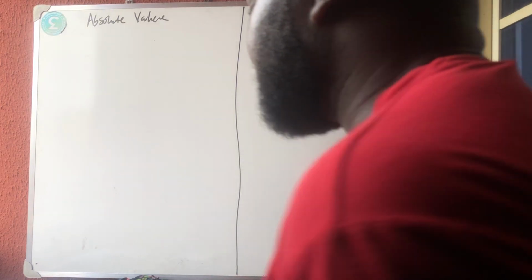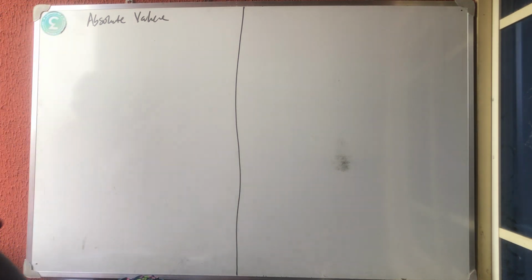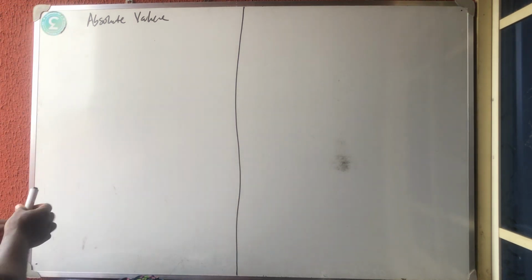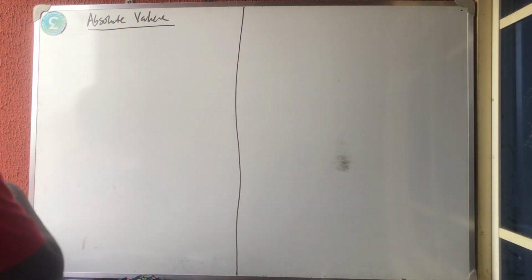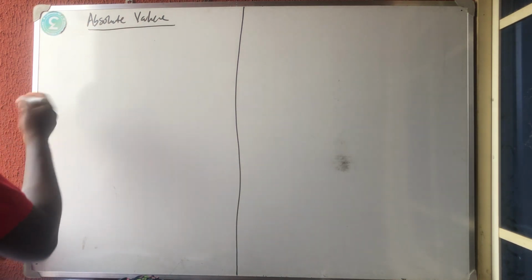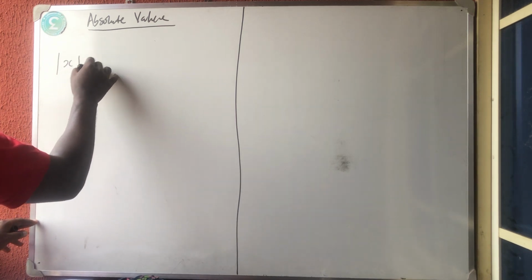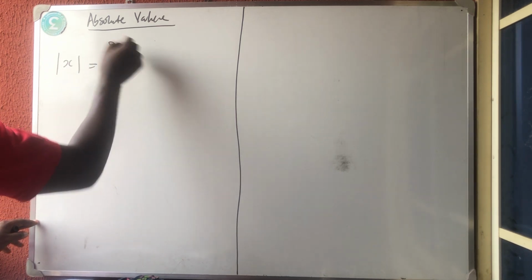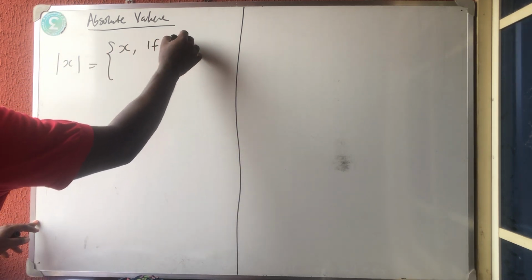All right, let's talk about absolute value. Now, the best way to understand absolute value is just to know that it must be positive. We define the absolute value of x as equal to x if x is positive,